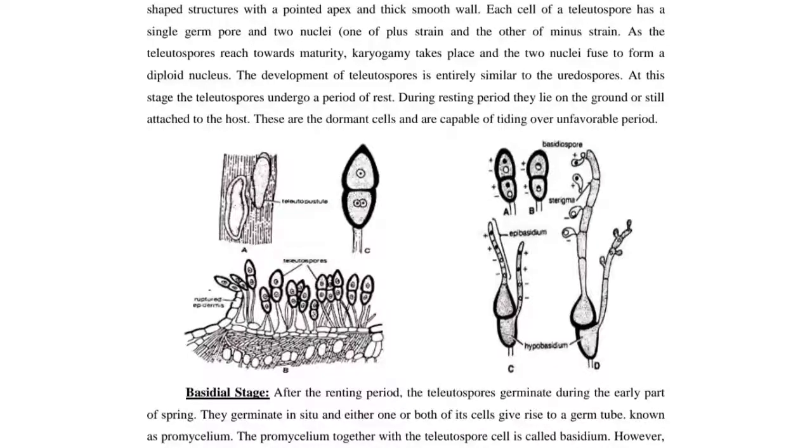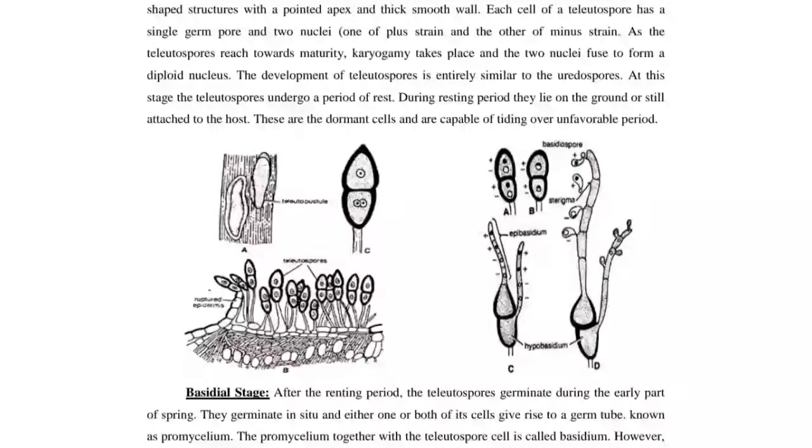During the resting period they lie on the ground or remain attached to the host. These are the dormant cells and are capable of tiding over the unfavorable period. Basidial stage: after the resting period, the teliospores germinate during the early part of spring. They germinate in situ, and either one or both of its cells give rise to a germ tube, known as